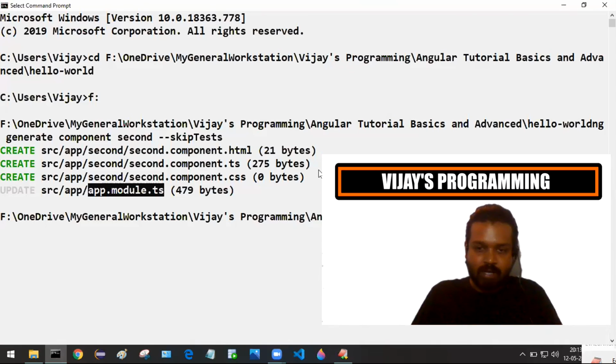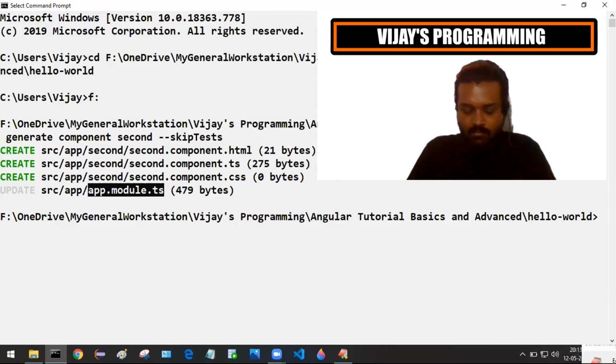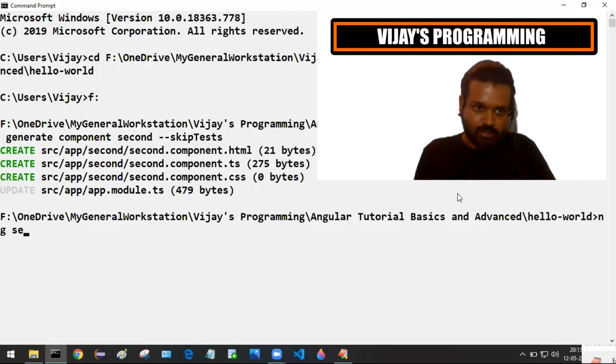And we just open the command prompt, and we will see how our newly created app is going to work. What is the command to run our Angular app? That is ng serve. Along with that, I'm using the flag --open.